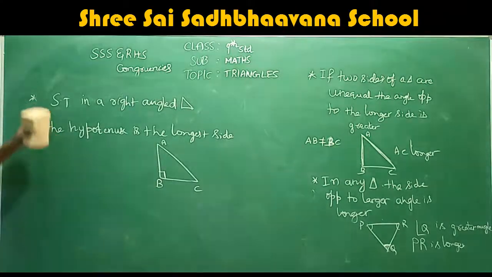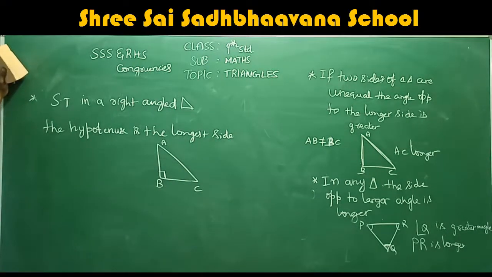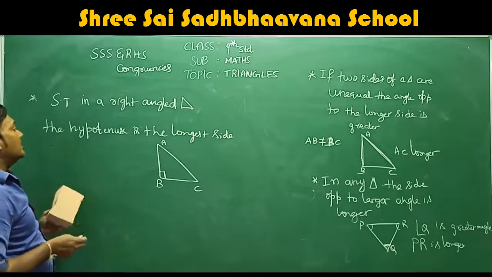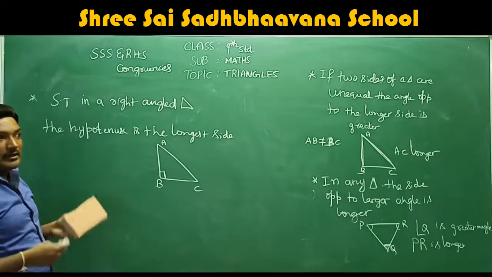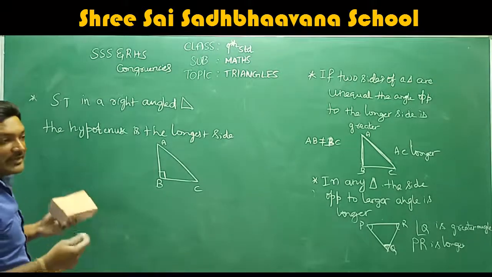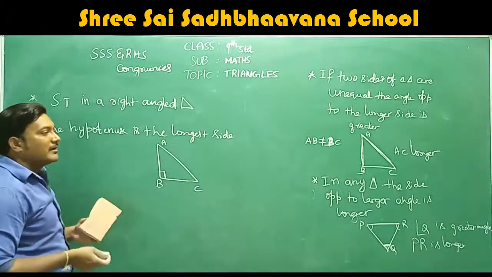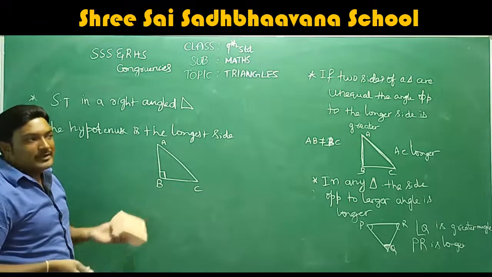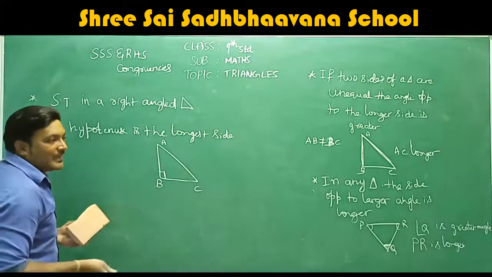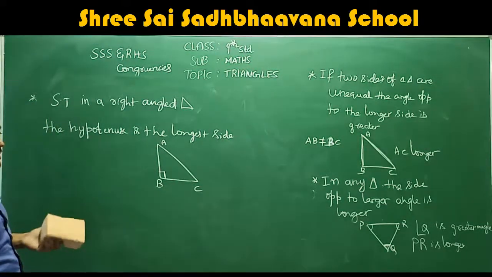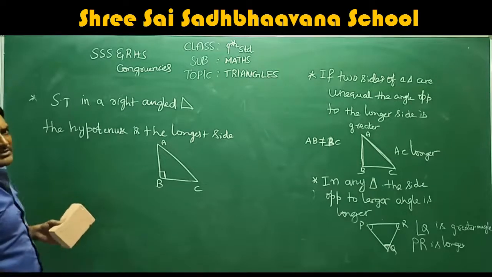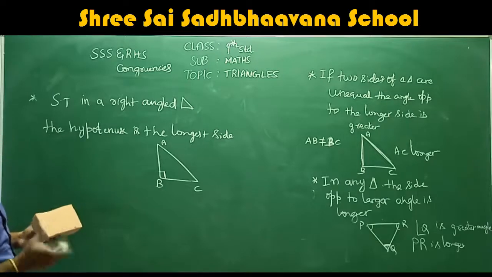Just let me go with another sum. It's an interesting sum. When you read this question, you'll understand. ST means show that. Show that in a right angle triangle, the hypotenuse is the longest side. Everybody knows that. When can you say it is a right angle triangle? The hypotenuse should be longer. Then only it is considered a right angle triangle. Otherwise, it may be a scalene triangle or obtuse angle or acute angle, anything. So always remember, in a right angle triangle, the hypotenuse is the longest side. Everybody knows. But how can you prove it?